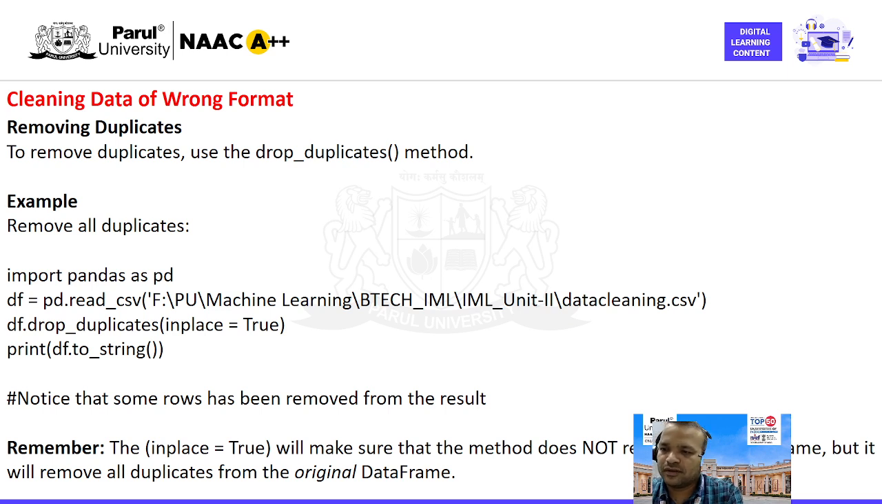Example, remove all duplicates. To remove duplicates, use the drop underscore duplicates method. Here you can use the similar data set, data cleaning.csv. Import library pandas as pd. Create the dataset, df equals pd dot read underscore csv, along with the path of your dataset where we stored it on your machine. Then we apply the drop